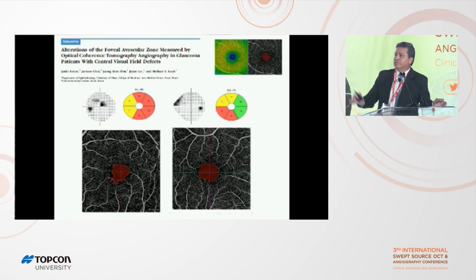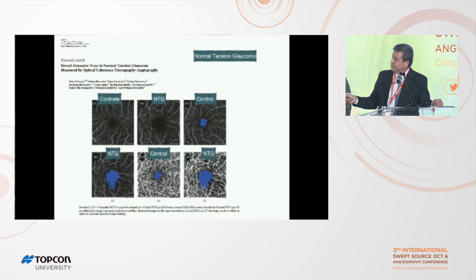It's just a cross-sectional study. All of those are cross-sectional studies. We don't know how it works as a parameter to evaluate OCT progression. But a lot of studies are going on with this. And when you look at normal tension glaucoma, the difference is even bigger. Between the control and normal tension glaucoma, see how the shape changed and how the size of the foveal avascular zone changed from the control group. And